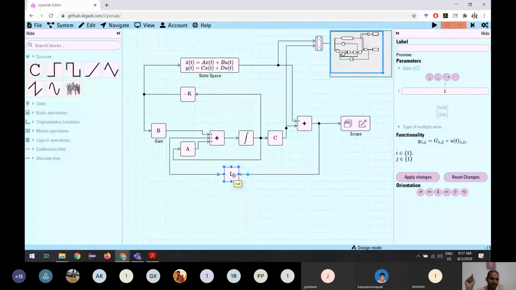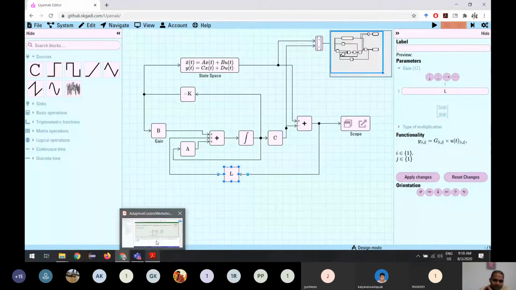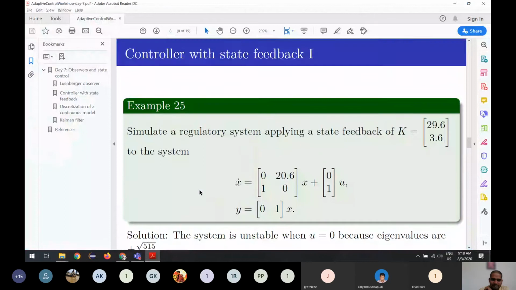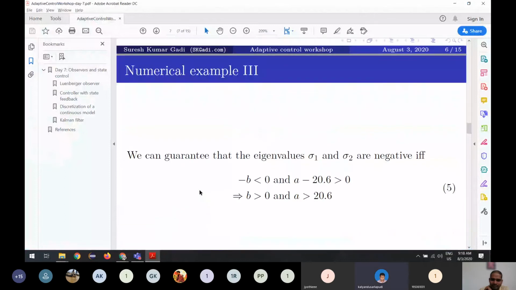Again, the problem is if you have noise, the noise will also get a lot of gain, and the value may not be accurate. So we don't give too big a value. If we want more accuracy, we give sufficient conditions. What are the sufficient conditions? We saw already: A should be greater than 20.6 and B should be any positive value. So by giving these values, like 25 and 1, it may take a long time, but it will reach an accurate value. That's the trade-off you have to make: you need a quick result, or you want an accurate result.